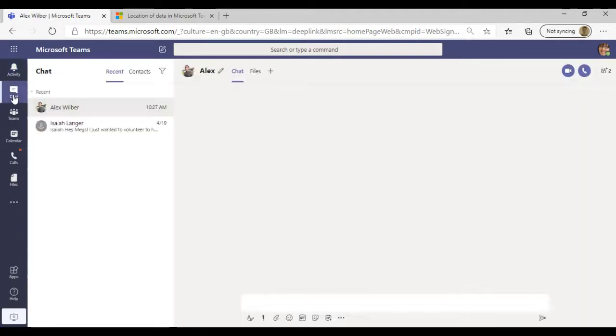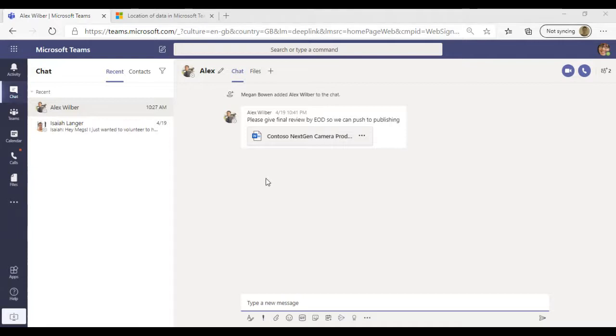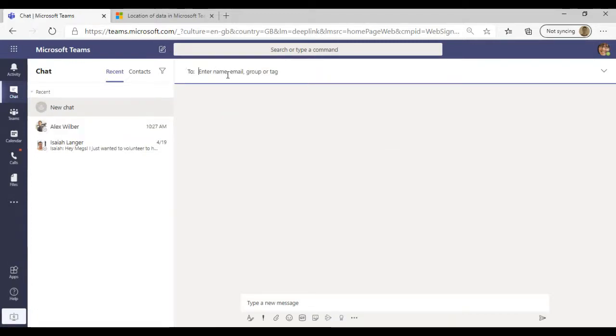So when we move on to the chat functionality within Teams, this is probably what 99.9% of users of Teams will actually use and know it for, that instant messaging functionality. Now, you have the ability to interact with somebody on a one-on-one basis. For example, here I'm speaking to Alex. What you also have the ability to do is to create a chat on multiples. And I'll talk to you a little bit around why you would use chat over Teams and vice versa.